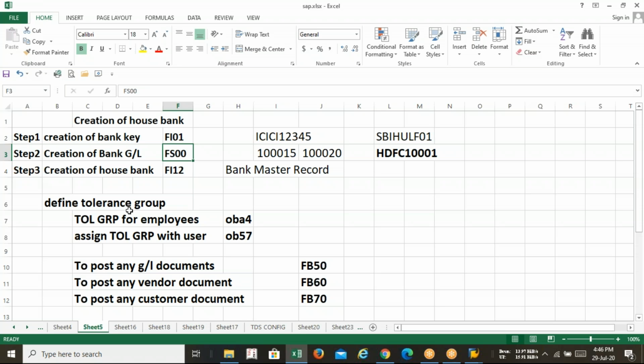So I am requesting all of you, you have to create two GLs. One is for incoming, another is for outgoing. I repeat, whenever you create any bank account, any house bank, with any bank, any branch, at least two GLs you have to create: one for incoming payment, another for outgoing payment.